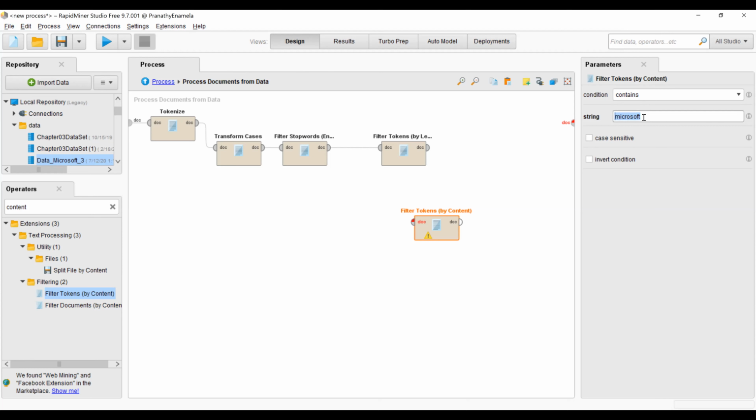I like it when I know for a fact that I'm talking about Microsoft or something like COVID-19, just COVID in general, and I'm 100% sure that the articles I extracted will contain the word COVID. So what I could do is click on invert condition and filter out all those tokens called COVID,